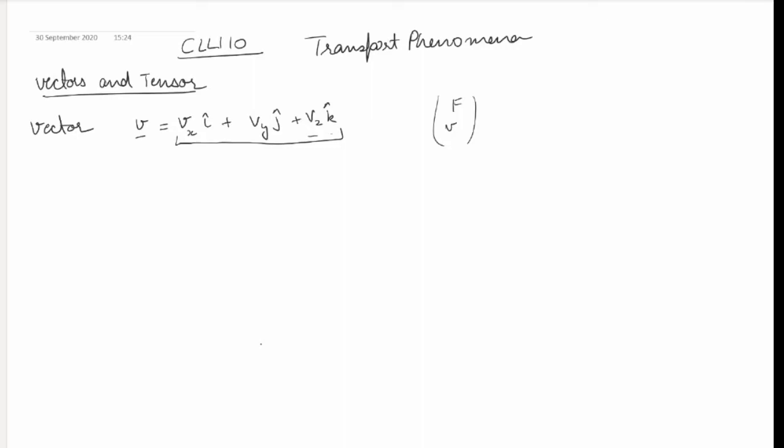So physicists came up with a new representation, that is, we can write it in terms of v1 delta 1, v2 delta 2 and v3 delta 3, where v1 is the component in x direction, v2 in y, v3 in z direction, or first, second and third direction, and delta 1, delta 2, delta 3 are the unit vectors in those directions. And sometimes you also see representations like v1 e1, where e1 is the representation of the unit vector